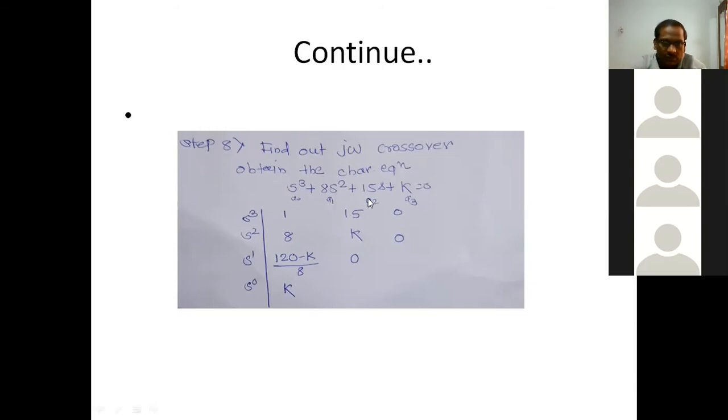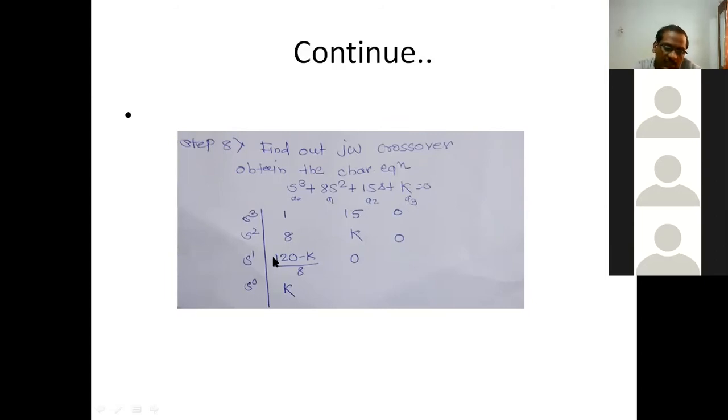So here, for the given polynomial, we'll construct this root array. The S cube row, where we can put all even coefficients, that is A0, A2 and A4, which is 0. Then the S square row is constructed using all odd coefficients like A1, A3 and A5, which is 0.